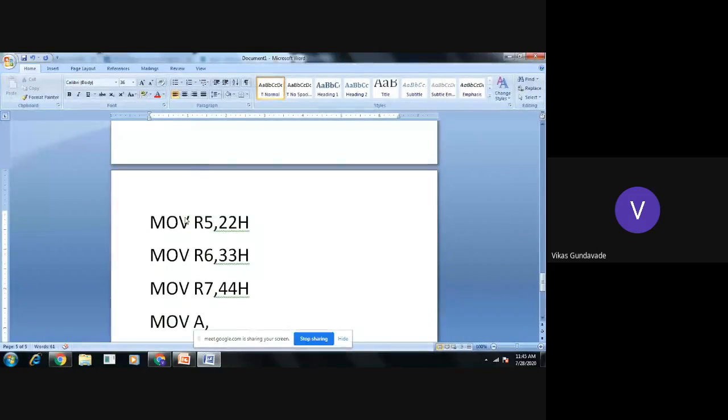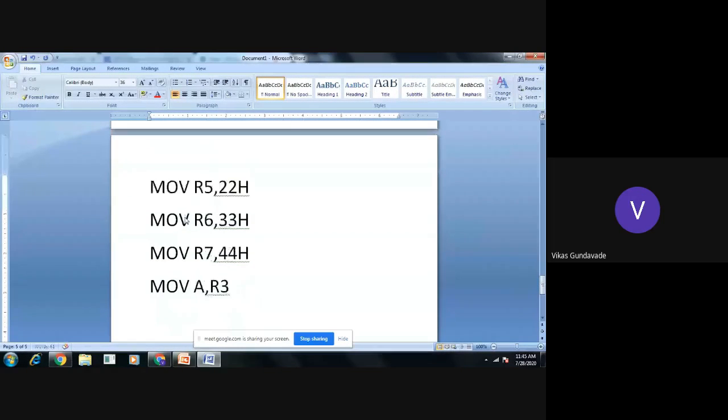So first it will be MOV A, R3, then ADD A, R7. Okay, so the lower 8-bit addition has been done, and the result is available in the accumulator. Now this accumulator we need to use for other operations, or for further addition.